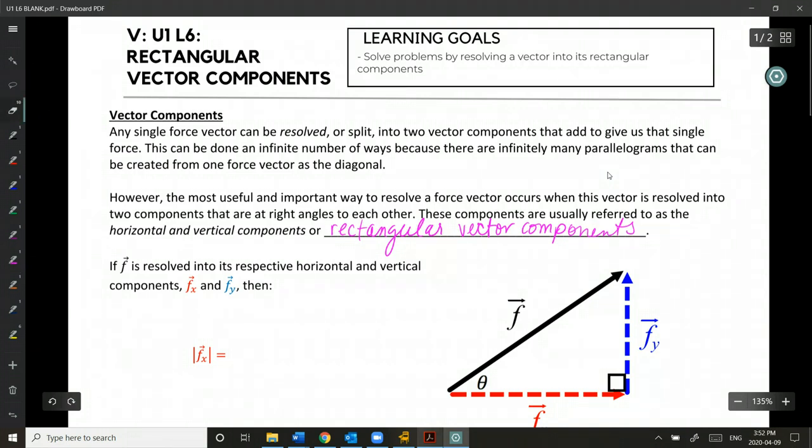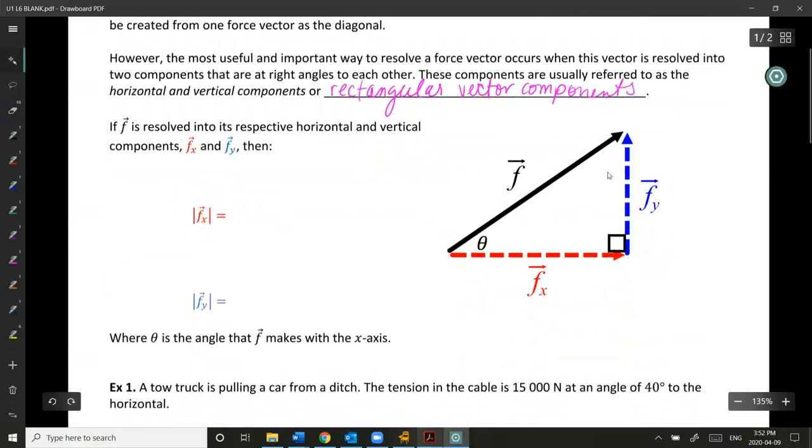All right, so one helpful thing here is when we resolve a particular force or vector into its rectangular components, sometimes these are called Fx and Fy, or force horizontal and force vertical, depending on what type of question we're working with. But if we use SOHCAHTOA here, here's the idea. If theta is the angle that the force makes with the x-axis, we could consider this to be adjacent, opposite,